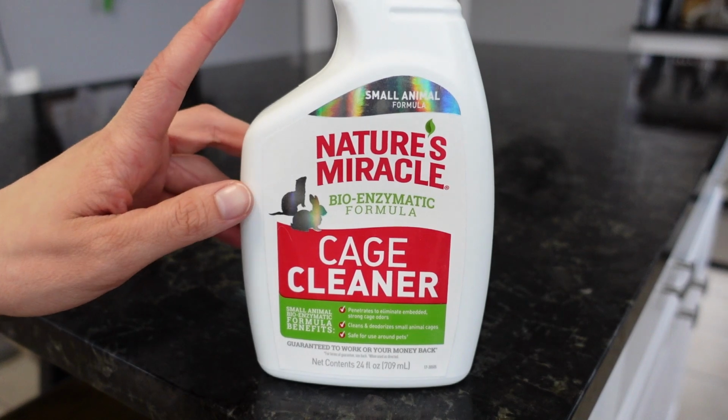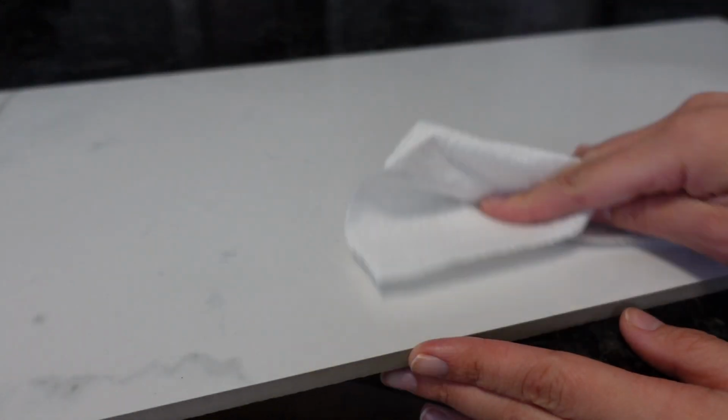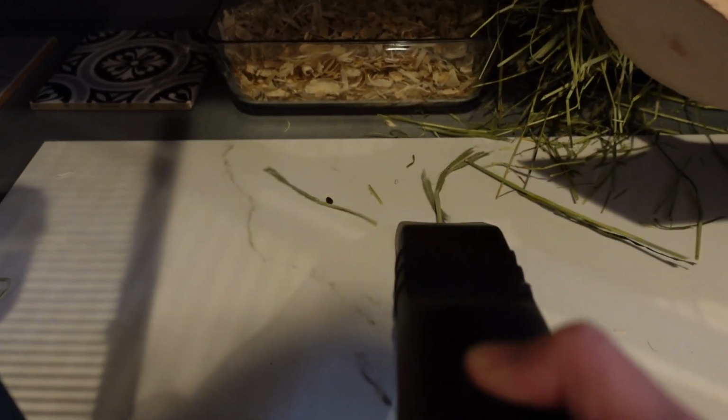The Nature's Miracle is a little more expensive, and although it smells a lot better than vinegar, I still just use the vinegar mix. But both are really excellent cage cleaners. I just spray the soiled area and let it sit for a few minutes, then simply wipe it away. For cleaning up around the cage, I love using my shop vac because it can pick up things like bedding,